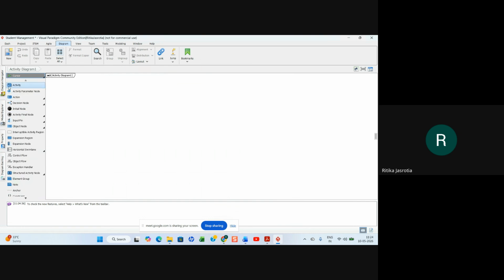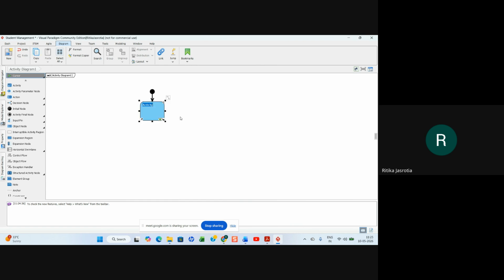So this is the blank diagram. First we have to go to the initial node, that is the start node. This is your start node, right? In the start node you can have a control flow activity added.